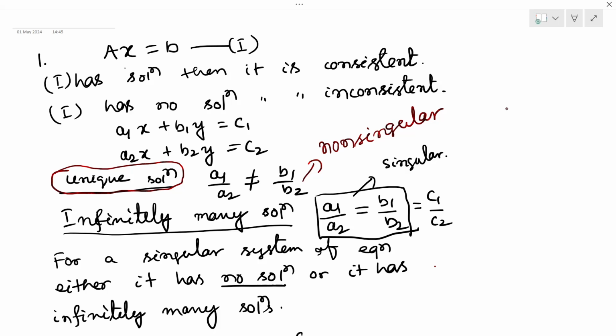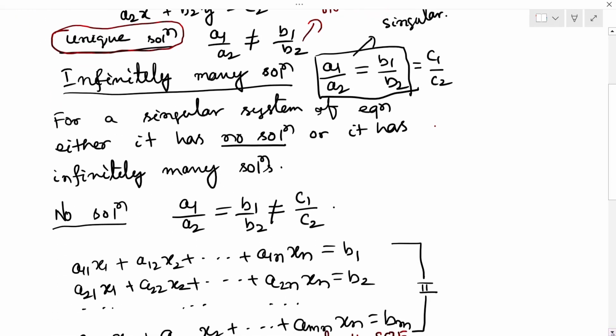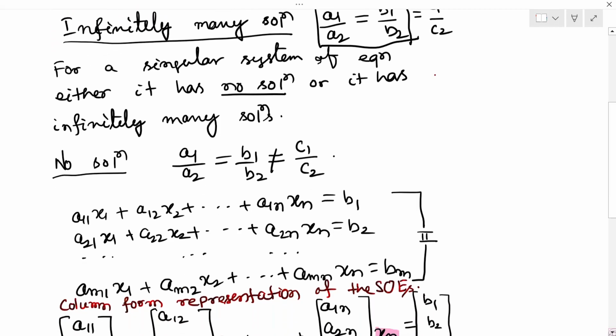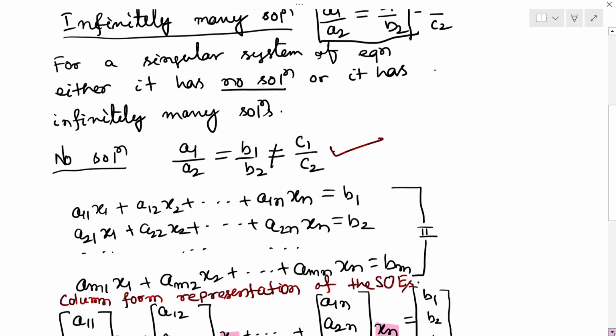If this ratio is also equal to c1/c2, it has infinitely many solutions. And if the ratio is not equal to c1/c2, then it has no solution. Now consider the system of equations